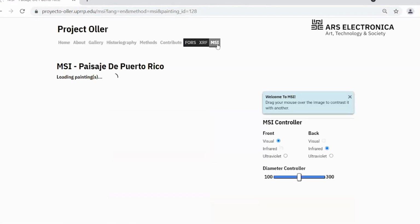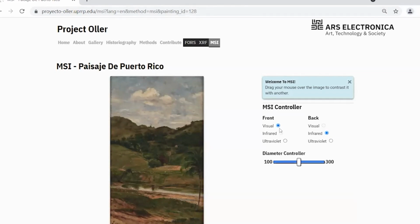Okay, we can also go to the MSI, the spectral images, and here we can pick, for example, which image you want to see in the foreground. Here in the foreground is the visible, and here we have infrared in the back. What back means is that the examination tool allows you to image within the circle that you're moving around in the painting, and it will show the infrared image acquired. You can change the size of this circle, and I just point out here the presence of a palm tree in the infrared that is not present in the visible, pointing to the presence of a pentimento in this particular work of